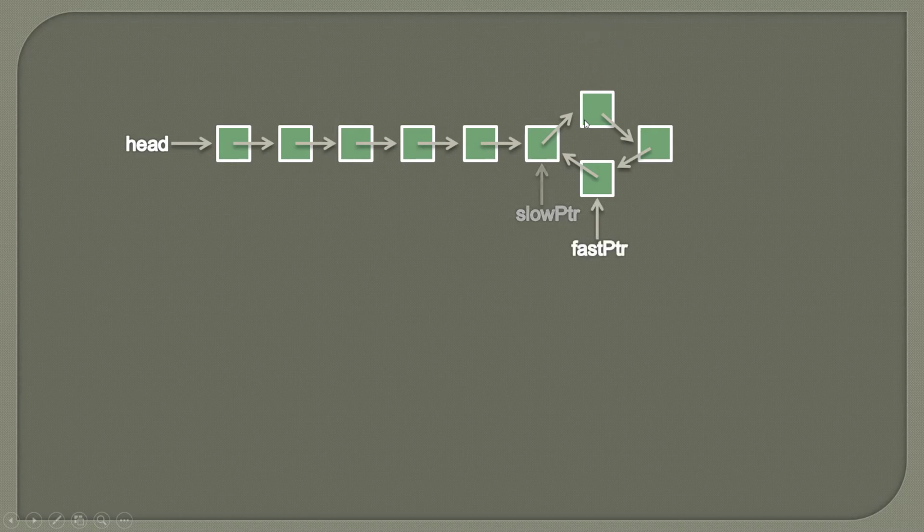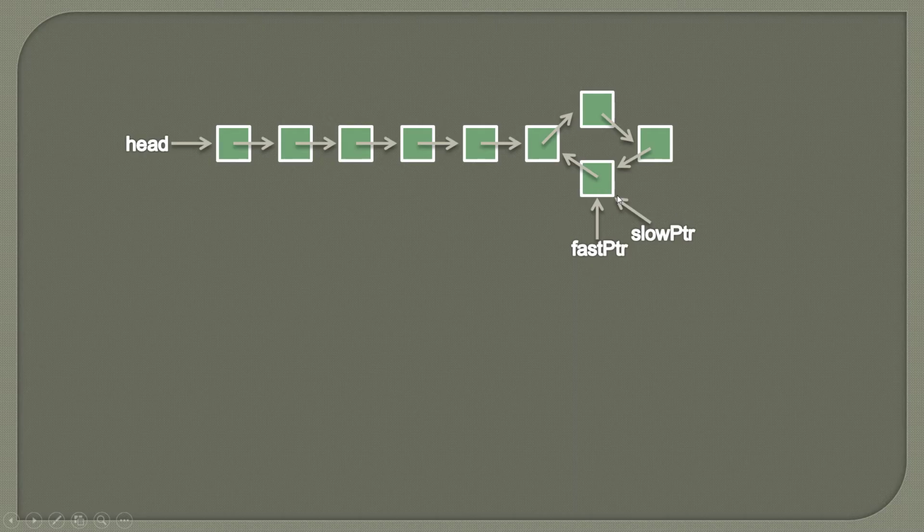Now we move the slow pointer, then we move the fast pointer by 2 steps, so it will reach here, and the slow pointer here. As we started our algorithm with the fast pointer, we move the fast pointer by 2 steps, and then our iteration ends with the slow pointer moving 1 step, so the slow pointer will reach here. Then we again do the while loop and the fast pointer will reach here, and our iteration will end when the slow pointer reaches here. When our iteration ends with the slow pointer, we see that the slow pointer and fast pointer are meeting at this node.